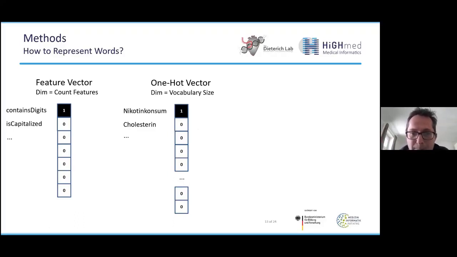On the other hand, you don't have any kind of semantic, syntactic, or contextual information in these representations, because if you think about them in a vector space, you will see that all the vectors are equally distant apart. So you cannot see any similarities between words. For example, if you focus on fruits, orange and apple should have vector representations which are more similar than orange and computer. This is all not possible with the one-hot vector representation.